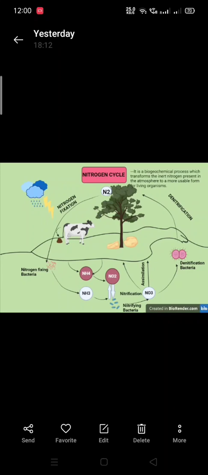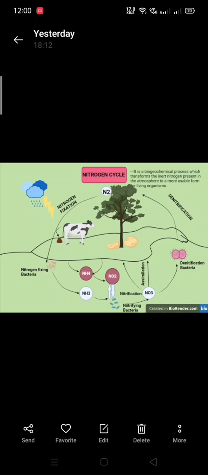So nitrification is the process in which ammonia is converted into nitrate by the presence of bacteria in the soil, and this is also done in two steps. The first is that ammonia is oxidized into nitrite by the bacteria Nitrosomonas or Nitrococcus. In the second step, the nitrite, that is NO2 minus, is oxidized into nitrate, that is NO3 minus, with the